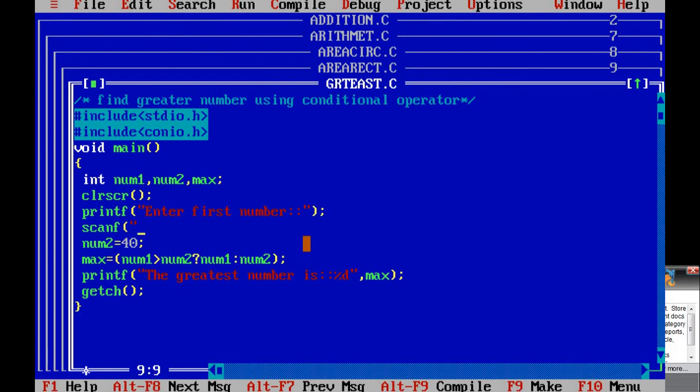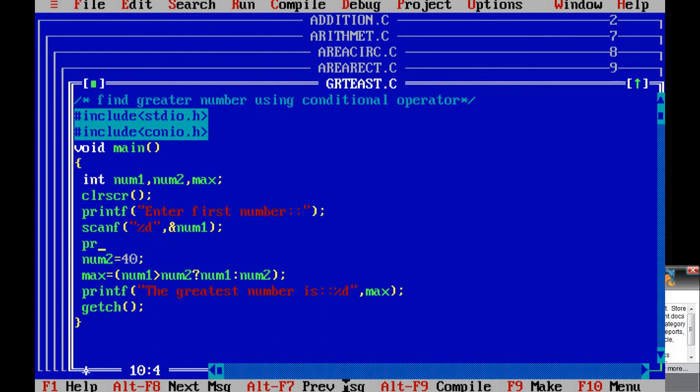The format code here is %d again because the data type is integer. So put here %d, bracket complete, ampersand num1, meaning the variable name num1.